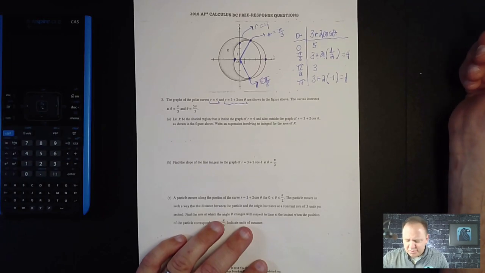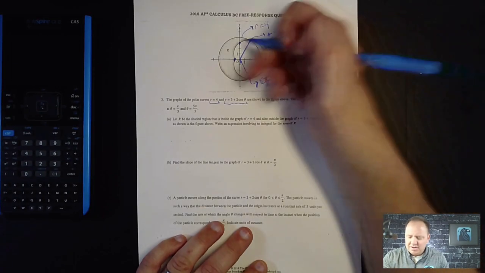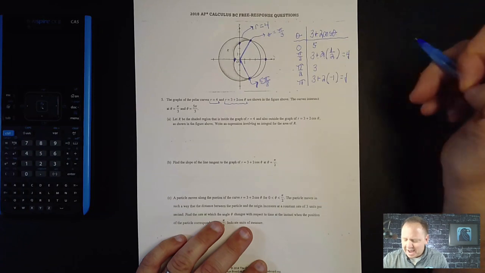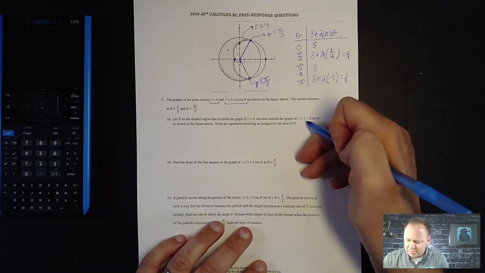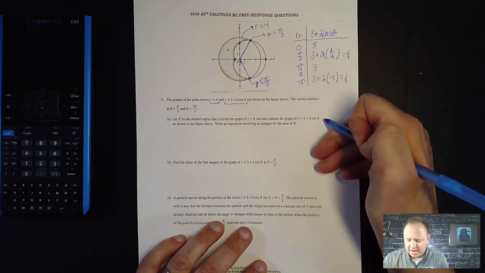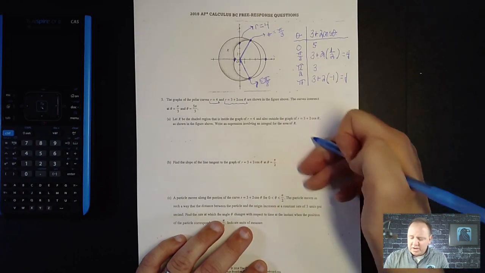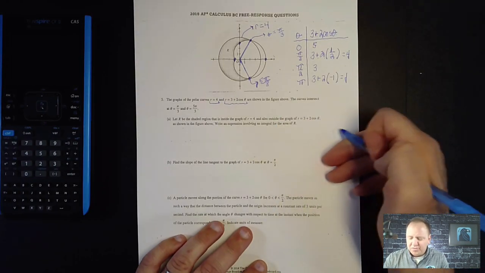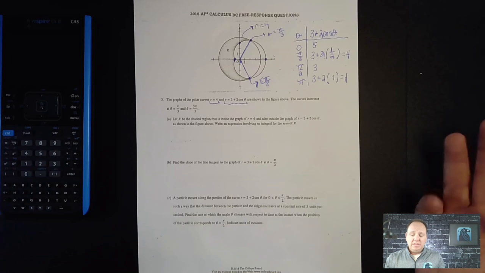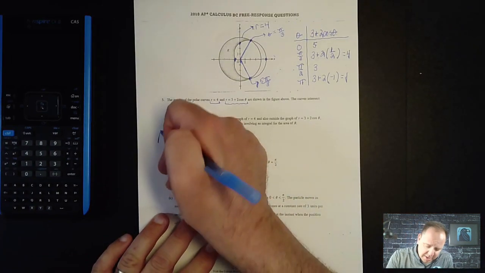Let R be the shaded region that is inside the graph of r equals 4, and also outside the graph of r equals 3 plus 2 cosine theta, as shown in the figure. Write an expression involving an integral for the area of R. Now remember, we don't have a calculator. So my thought is,